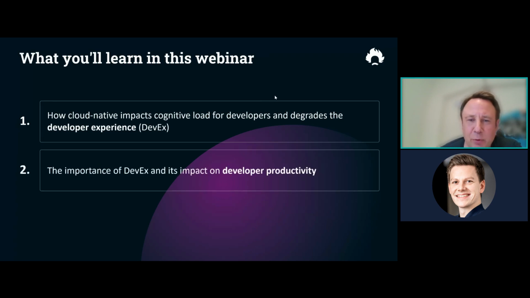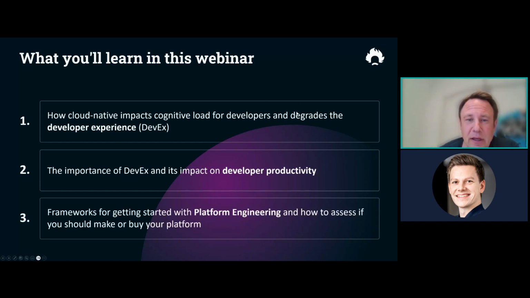Secondly, we want to understand better what is developer experience, why it is important and has an impact on developer productivity as well. And lastly, how do you get started with platform engineering? And should you build your own platform or buy an existing platform out of the box? And after my theoretical part, Jan will take you through a live demo, a real life example of an internal developer platform, the Mogenius platform.